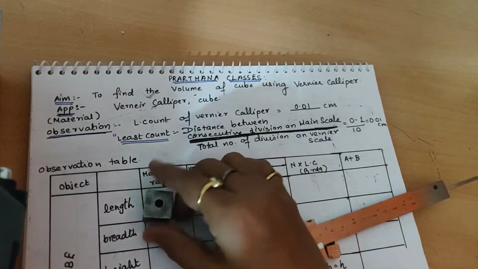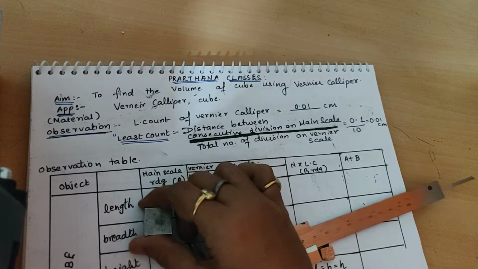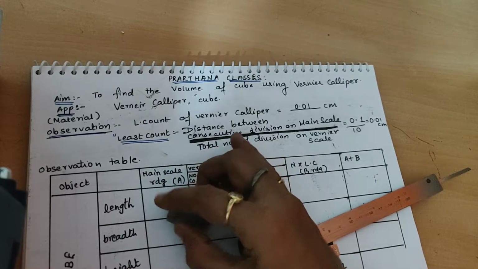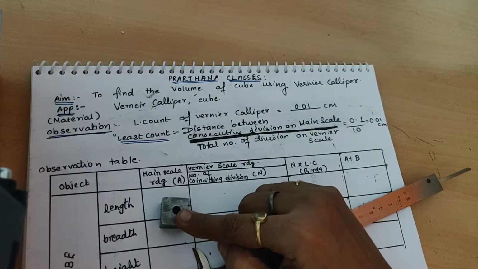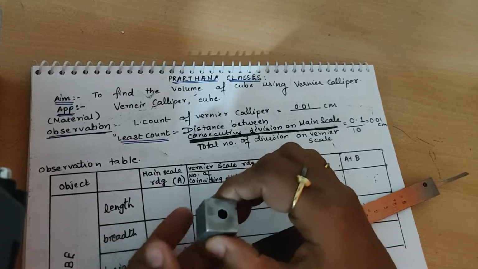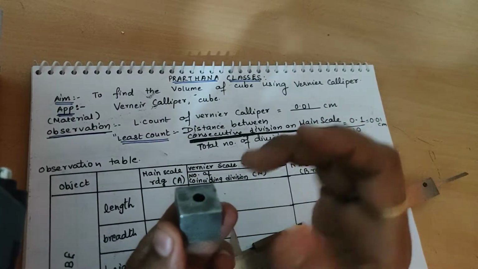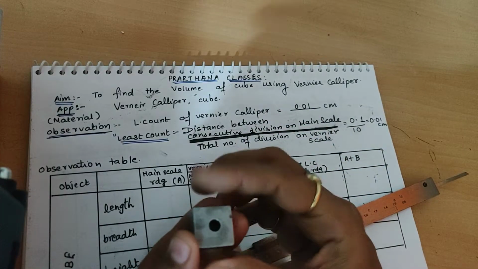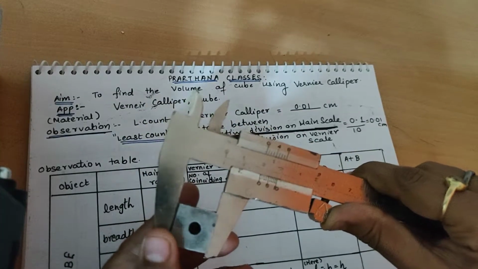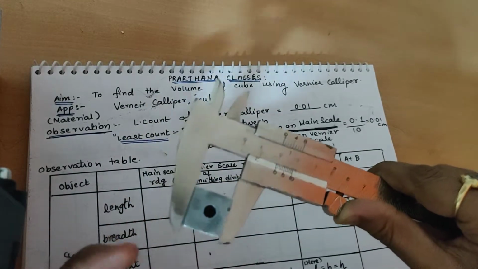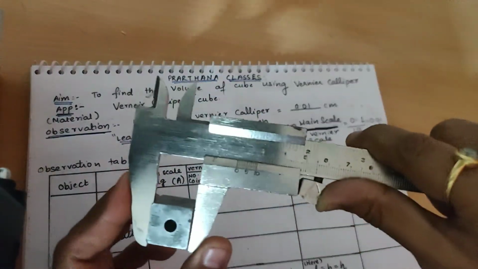Now you have been given a cube. You must keep the cube in such a way that the pit portion is nowhere else, only this part, and it should be visible to our eyes. It should be kept in this position. Now you can consider this as length, this as breadth, and this as height. Since it is a cube, the length, breadth and height would be the same. Suppose I need to find the length. I can do it this way also. This will give you the length portion. This distance, if I note it down.